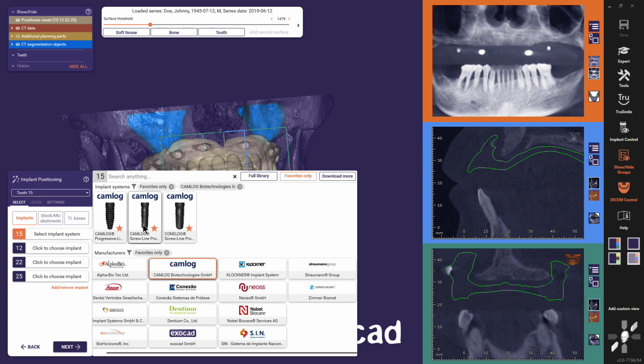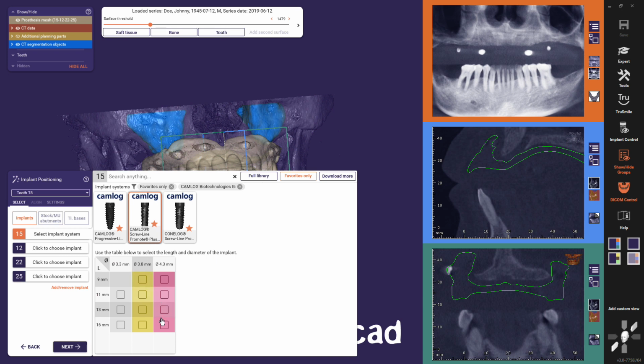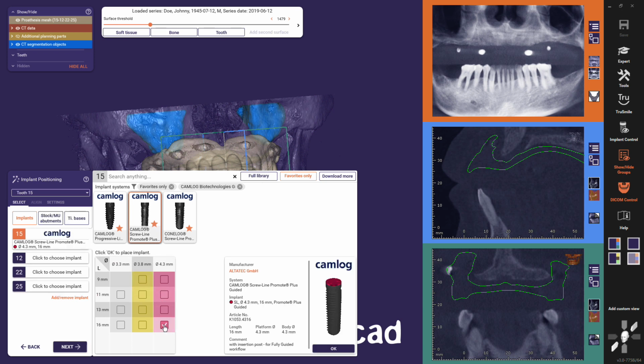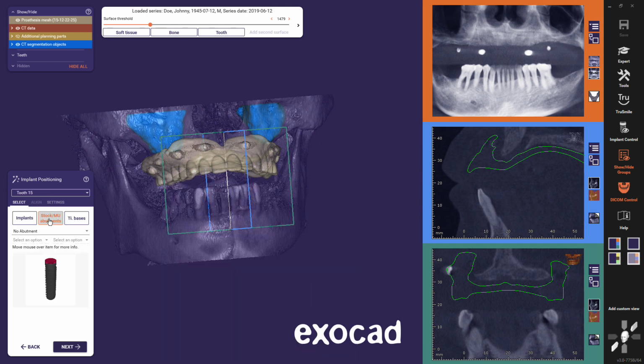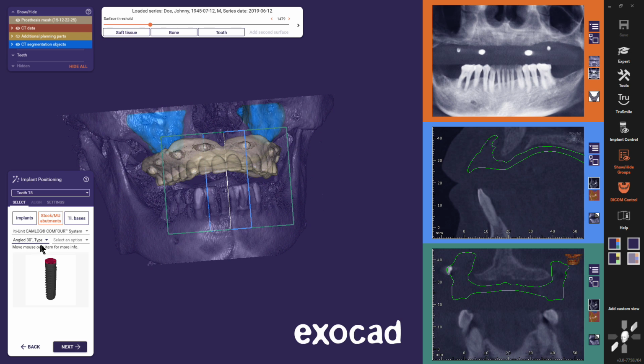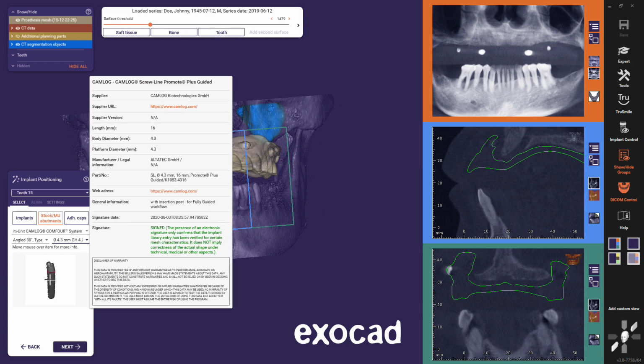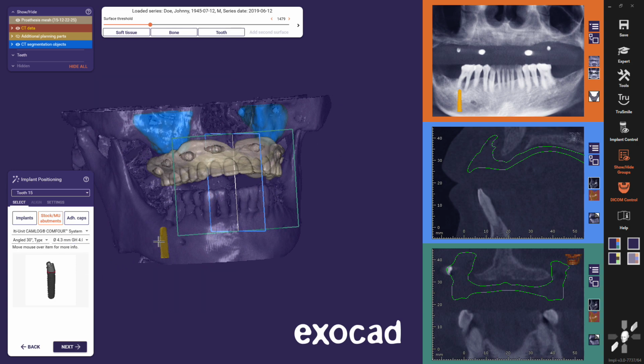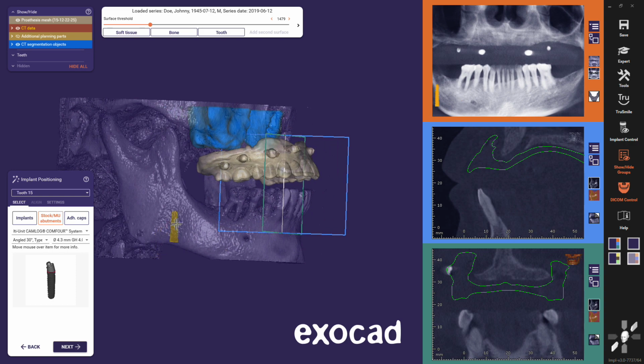Click on the implant you want. The dialog now shows you the available diameters and lengths for the selected implant. Select the diameter and length that you want. A preview and details for the selected implant is shown. Click OK to select the implant, or if you have compatible CAD libraries installed, you can also select to place an abutment or tie base in this step. Click on the corresponding button and select what type of prosthetic part you want to place. You will see a preview of the selected part in the window below. You can place the implant first and thereafter select the prosthetic part if you prefer.